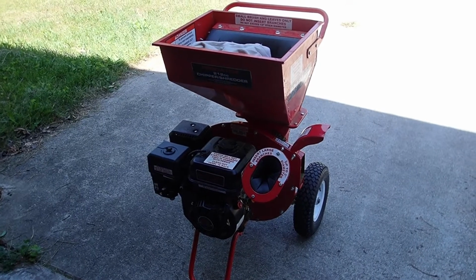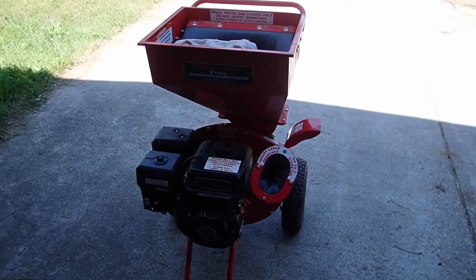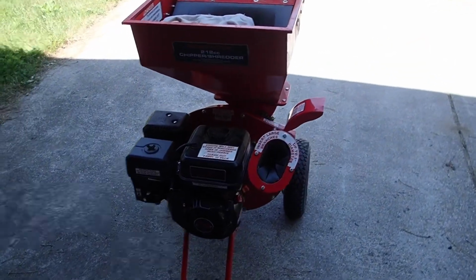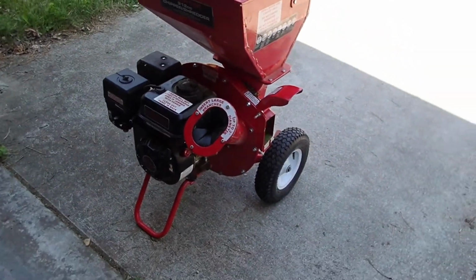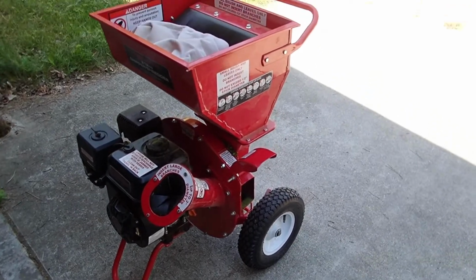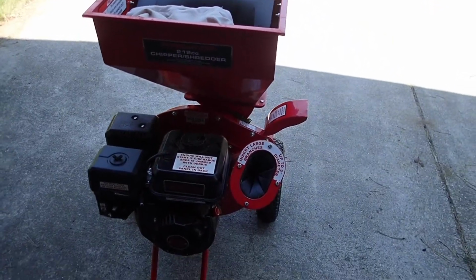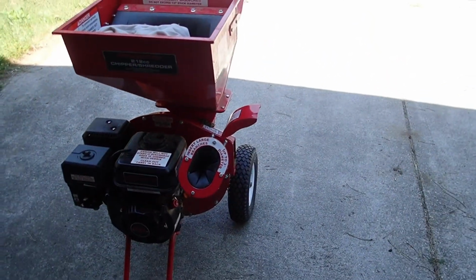Okay, so we're going to do the final review for the chipper shredder by Predator, which is a Harbor Freight product. A couple things I've noticed about it. It fires up well, it chips well, it shreds well, it does a lot of things well. What I've noticed, and what you're going to have a problem with, so be prepared for this, is the simple